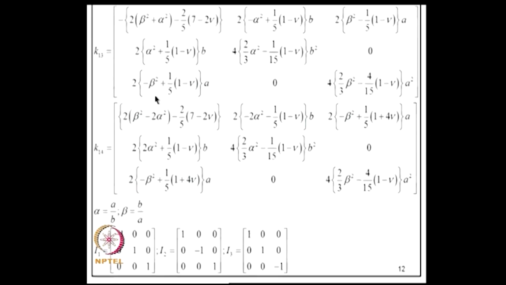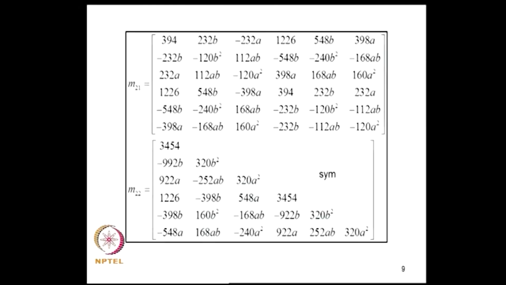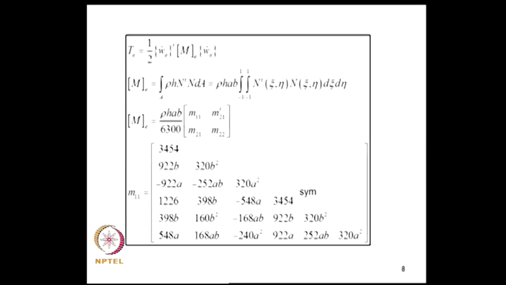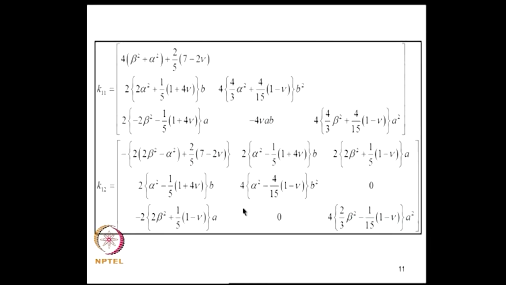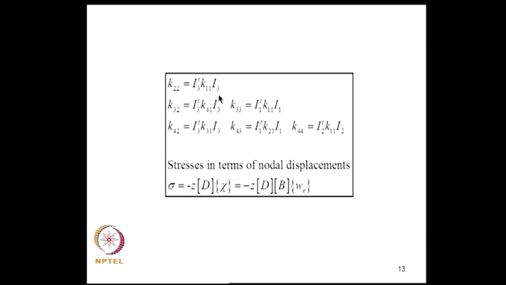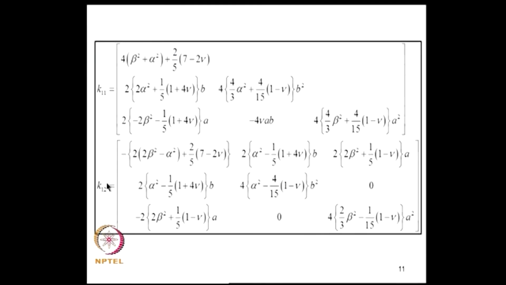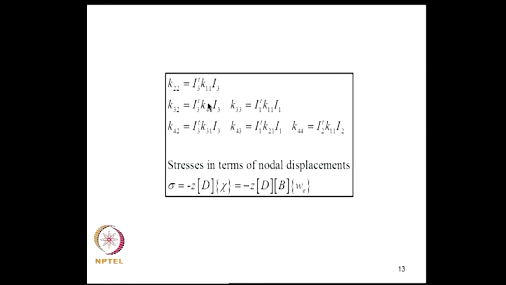Here we see two parameters alpha and beta. These alpha and beta are the ratios A by B and B by A. So, we get this stiffness matrix as shown here. This alpha is A by B and beta is B by A in these matrices. So, first we have evaluated the elements of this first column, 1 1, 1 2, 1 3, 1 4, and for evaluating the remaining elements we manipulate these